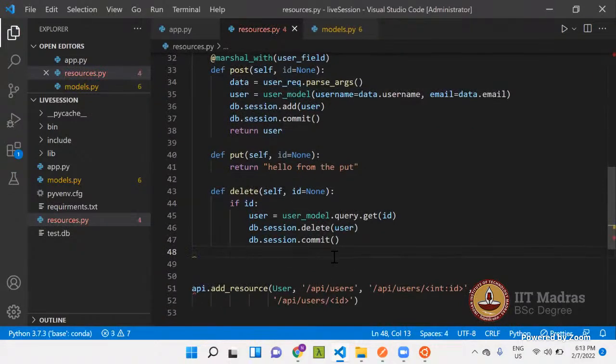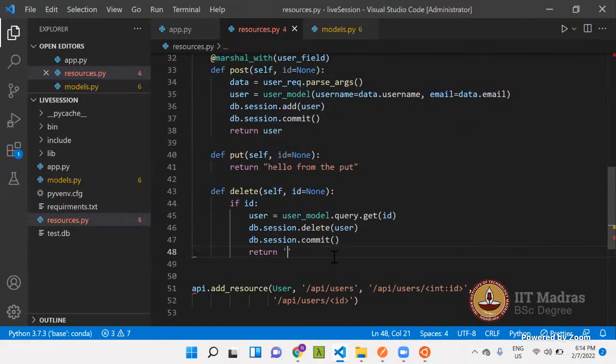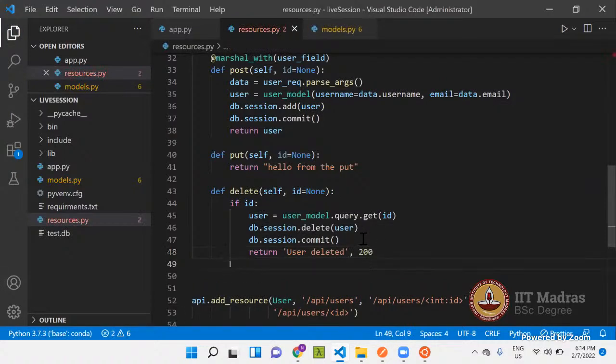If the session is committed, then you return data: user deleted, with the 200 status code, and if the ID does not exist,